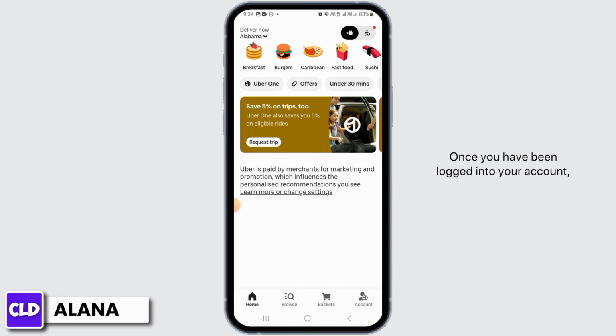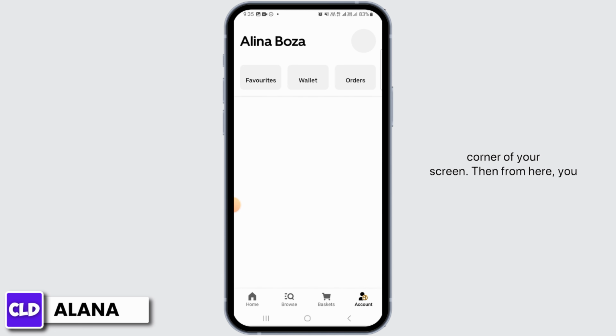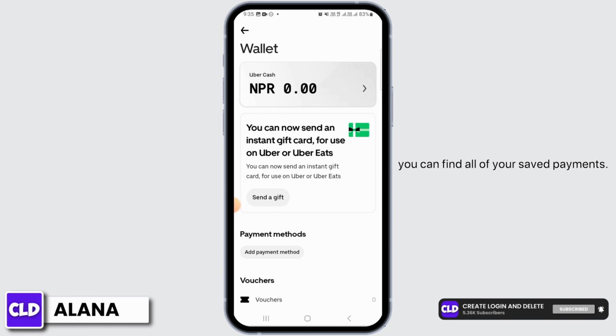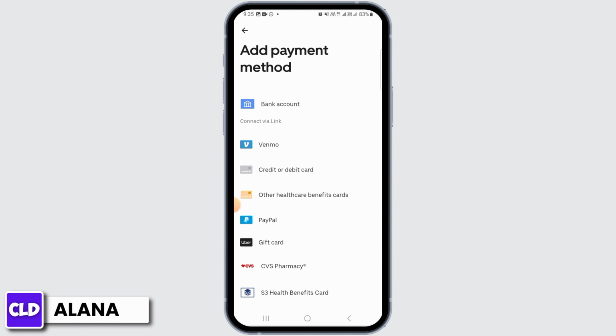Once you have been logged into your account, tap on the account option at the bottom right corner of your screen. Then from here, you want to tap on the wallet option. Over here, you can find all of your saved payments. It can include Venmo, credit or debit card, other health benefit cards, PayPal, gift card, CVS Pharmacy, or S3 health